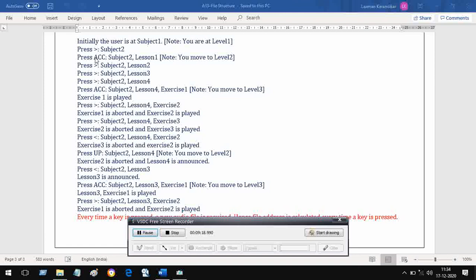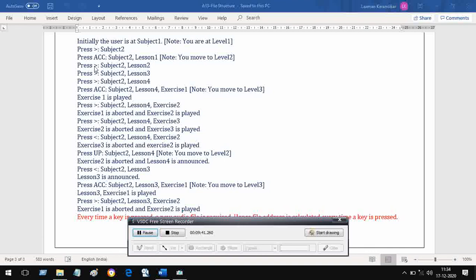If you press the accept button, then you remain at subject 2, but your level changes to level 2 and you reach lesson 1 of subject 2. This is how you navigate. By pressing the accept button, you move from level 1 to level 2.